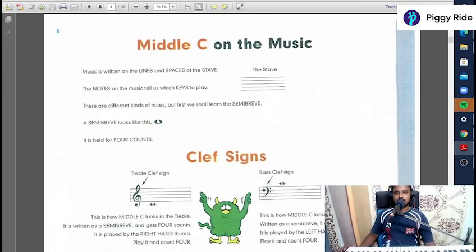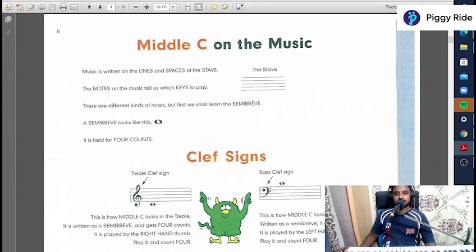Now we will learn about the staff or stave. The stave can also be named staff. It contains 5 lines: 1, 2, 3, 4, 5. In these 5 lines only, all the music will be written, and all the music which we are playing or reading will be in these 5 lines, and there will be 4 spaces in between: 1, 2, 3, 4. So 4 spaces are there and there are 5 lines. The circle will come either in any of the spaces or on the lines.